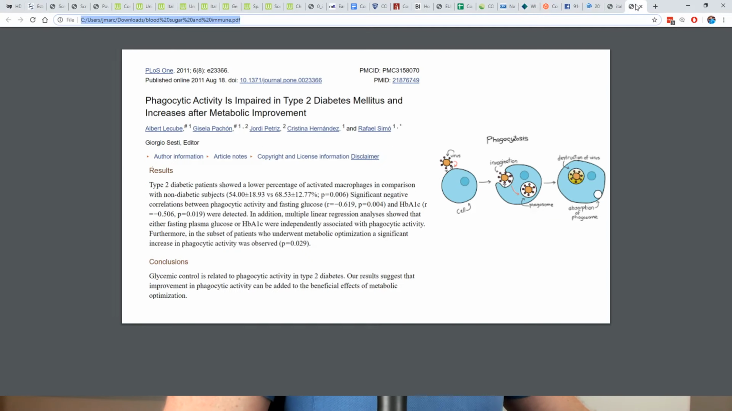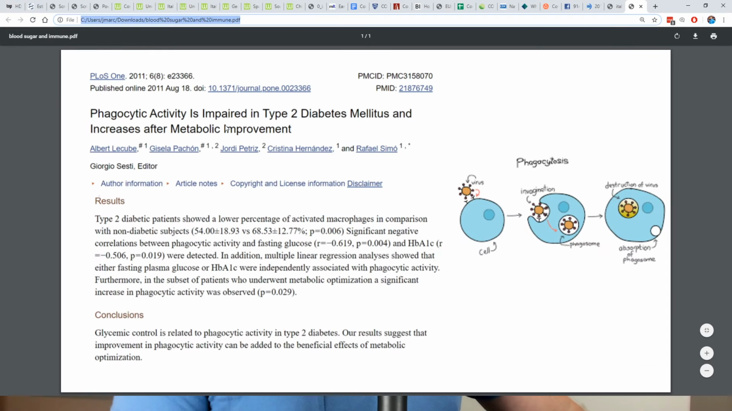All right, so I think I did this one here. Yeah, okay. Phagocytic activity is impaired in type 2 diabetes mellitus and increased after metabolic improvement. So yes, we're talking about type 2 diabetes, but there's a spectrum, okay? And there's a lot of people that are not quite diabetic, but pre-diabetic, and if they get their blood sugar better, will they see an improvement with their immune system? Yeah, I'm going to guess yes. But glycemic control, that means eating foods that don't convert to glucose and sugar in your bloodstream, is related to type 2 diabetes. Our results suggest that improvement in phagocytic activity can be added to the beneficial effects of metabolic